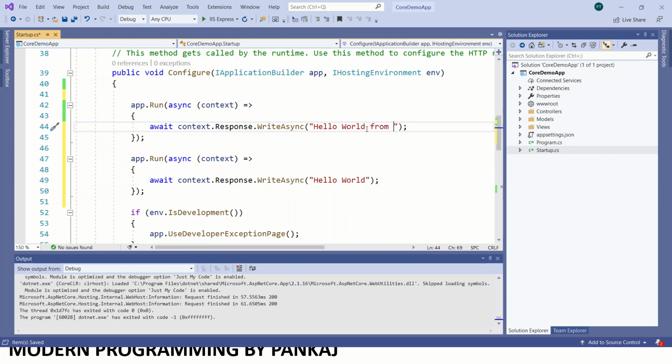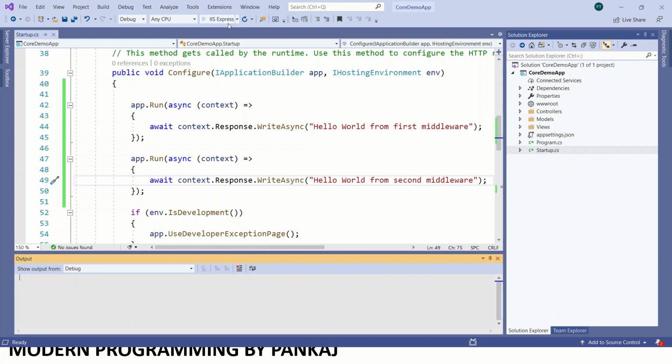Hello world from first middleware, and hello world from second middleware. Now if I try to run this application, what will happen?